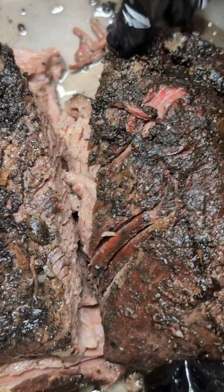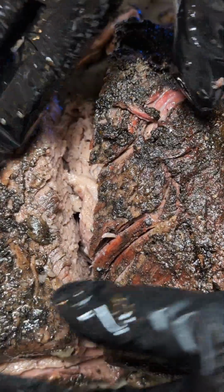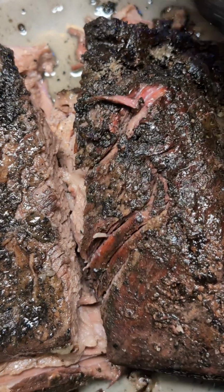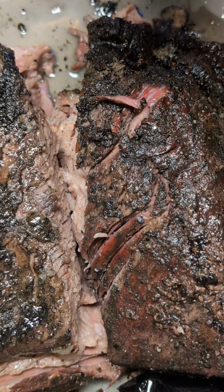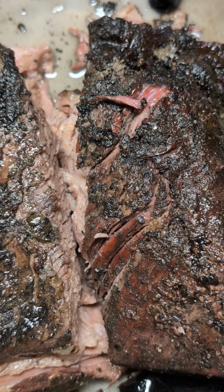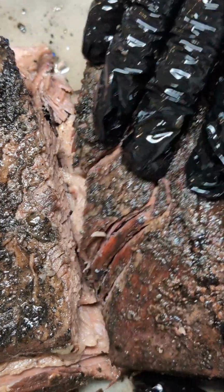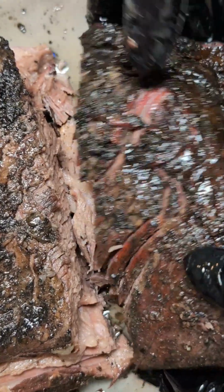Now I understand why Josh Weissman put it in the refrigerator and put it under pressure and let it press and then cooked it the next day. He got it to this point, and so then it was ready to do whatever. And I'm doing it with a brisket, and he did it for 72 hours, and he did it with a short rib. I've done it with short rib before, and it didn't hit this level. But then again, I don't know if this was a prime, and it's just